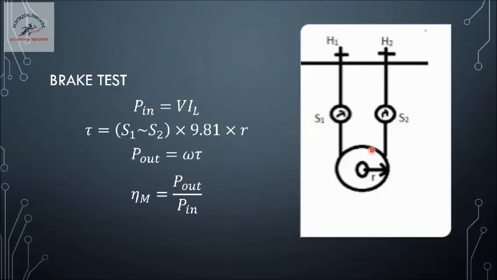The disadvantage of this particular method is that for larger motors this cannot be done, because it is not easy to load a larger motor while testing without practically connecting it to any load. Let us say the load can be a conveyor belt or any other device which it is supposed to operate. Instead of that, we are creating a virtual environment by loading it with the belt. So wearing and tearing of this belt can take place. This particular method is suitable only for smaller motors and not advisable for large motors.